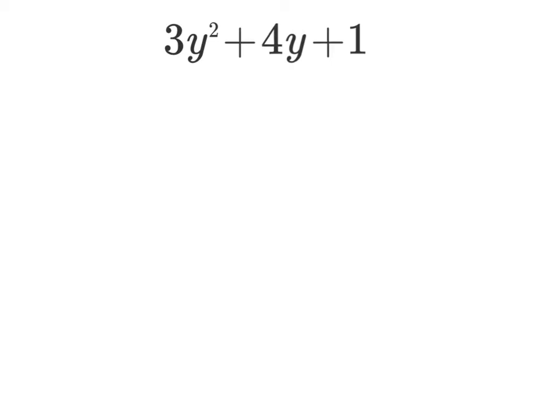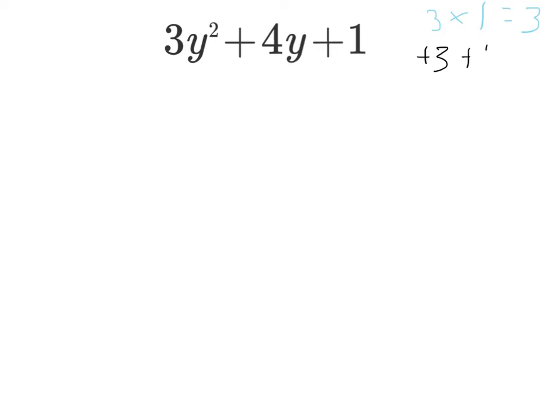And this is where the magic number, as I call it, comes in. You need to look at this here. You've got 3y squared, and you've got the plus 1 at the end. To get this so-called magic number, you need to multiply these two terms together, those two terms. So 3 times 1 gives me 3. So I'm looking for something that multiplies to give me 3 and adds up to give me the 4 in the middle. Straight away, 3,